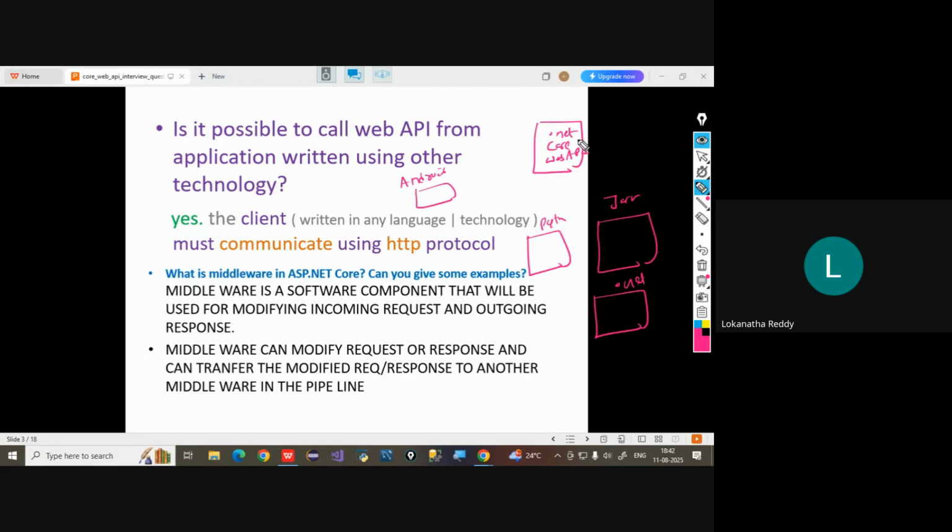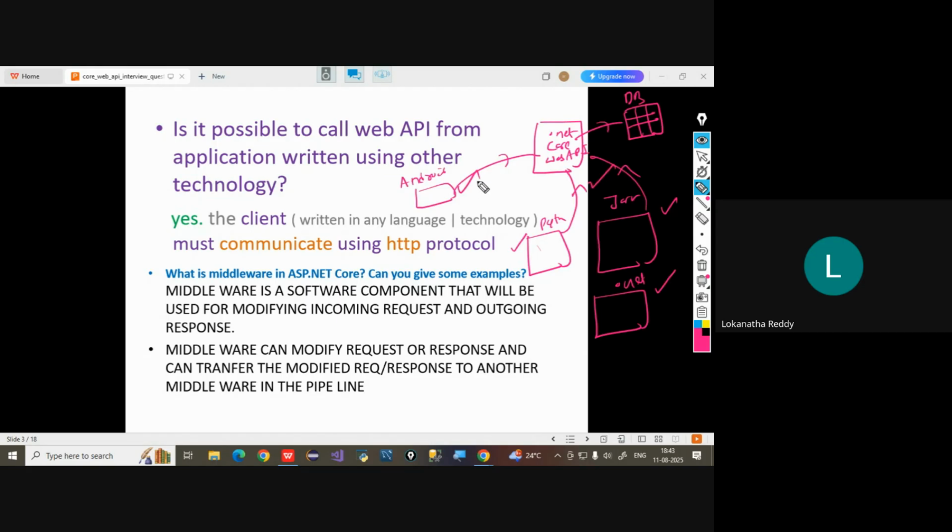So this .NET Core Web API will give data present in some database. No one else is having access, only .NET Core Web API is having access. Now this database data, the Android application wants, the Python application wants, the Java application wants, the .NET application wants. Now the question is, whether Python can access this .NET Core Web API application or not, because it is written in .NET. Can an Android application access it or not? Can a Java application access it or not? The answer is yes,